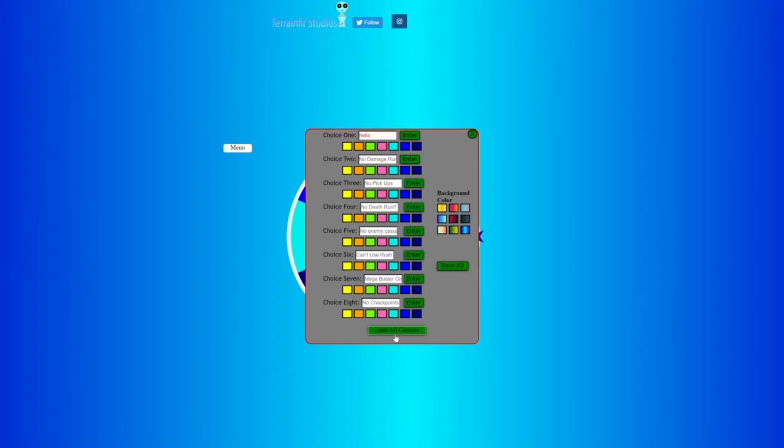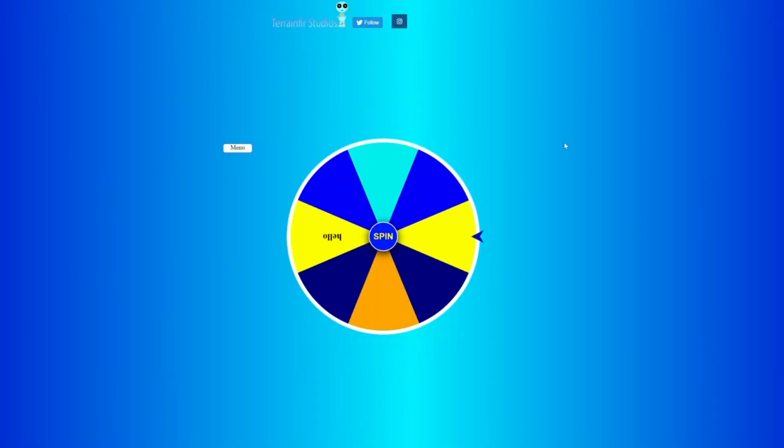So the way saving works is anytime you hit an enter button, an enter all button, or change the color in any of the parameters, it will automatically save to your web browser and device. So if you're using a PC on Google, when you go back to the same PC on the same web browser at Google, it will save exactly the template you want. You never have to redo it again. If you go to a different web browser or a different device, then it'll be different.